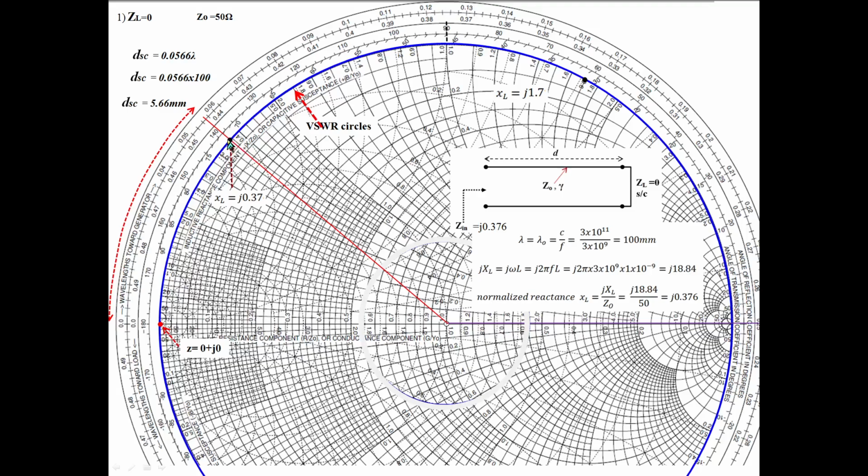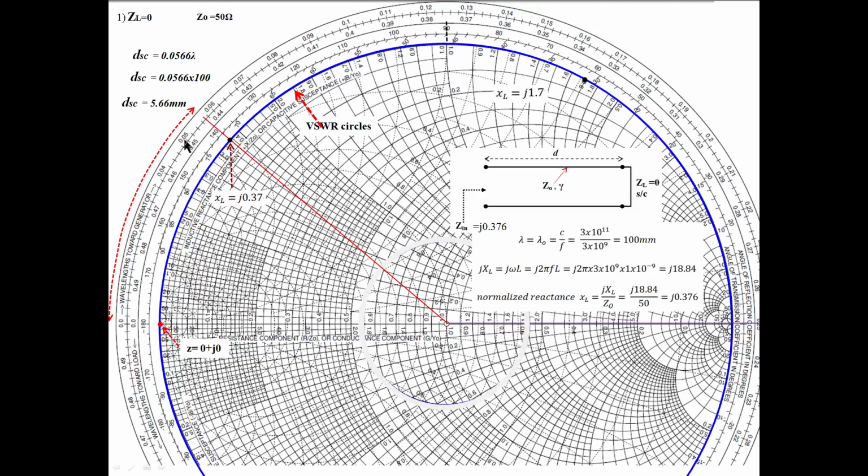So you mark that point here. I stopped here, as I go on moving like this. I need this reactance, so I stopped here. I measure the distance from the load value, the starting point. Here to here, what is the distance? How to do that? You draw a line passing through here to the wavelength scale. This is always 0, and draw a line passing through to this wavelength scale here.